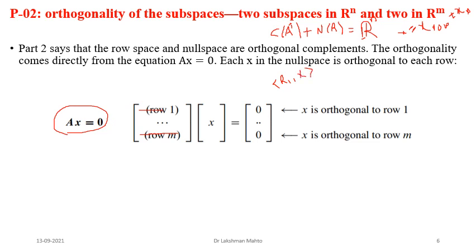And what is x? x is a solution of this homogeneous system, which means x is in the null space. The solution space of this system, we call the null space. So if you take any member from the null space and any member from the row space and take the dot product, it would be 0. That simply says that the row space is orthogonal to each member of the null space of A, not x, the null space of A.